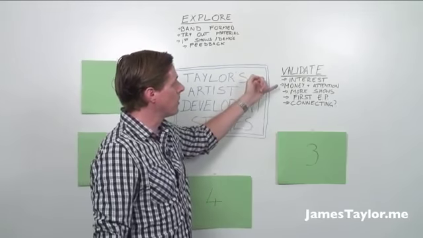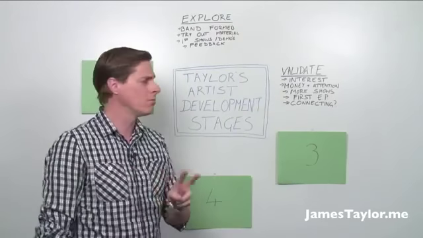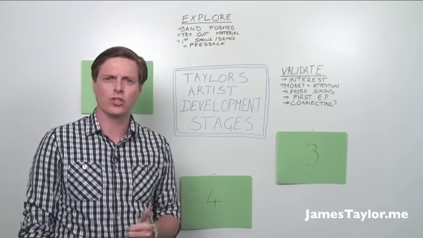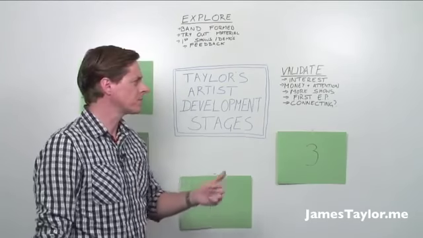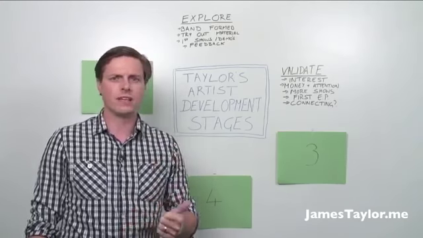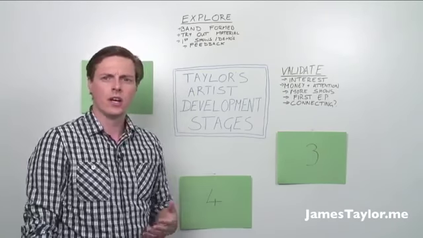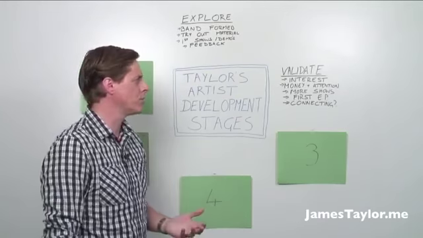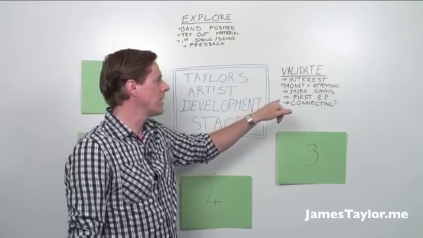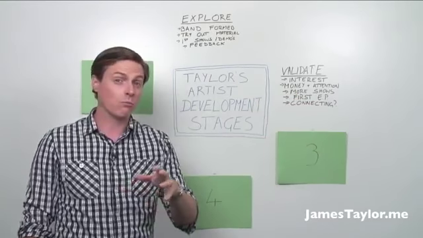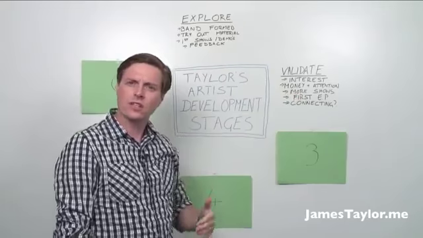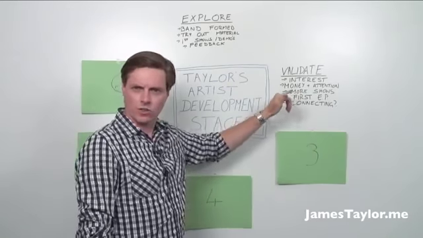And so at this point, the obvious ways to see validation, there's 2 main types. The first is money, because they're paying for tickets to go to your shows, or they're buying downloads. And the second one is attention. So you're getting a lot of likes on your Facebook page, and you're getting a lot of follows. You may be getting some initial coverage for you or your music. They're the 2 ways that you can track whether you're getting interest. And at this point in your career, you're probably starting to do more shows. Before, you were just doing these first shows and demos. Here, you're starting to take it up a stage. You're starting to put more shows in.